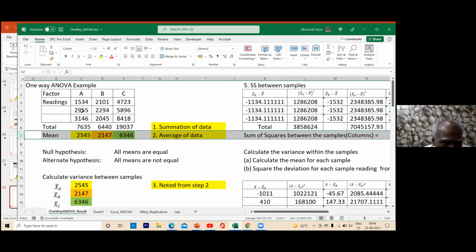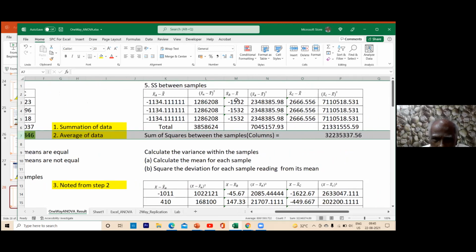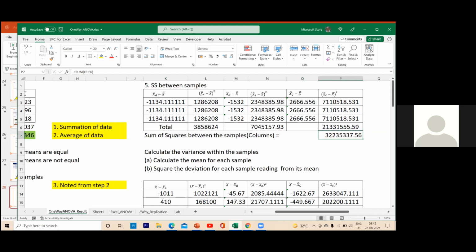What value should I take for this data? Mean. You should take the mean. So for each value, taking this data to be the mean value, finding out the deviation, and finding out the square. You know why I'm squaring it? This is going to cheat me. Therefore, I'm going to find out for XB also, XC also, this summation of the squares, total summation of the squares between the samples. Understood? Clear? Yes, sir. Right.